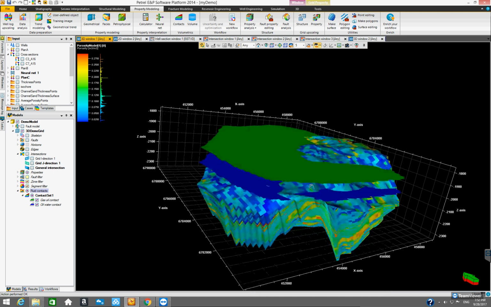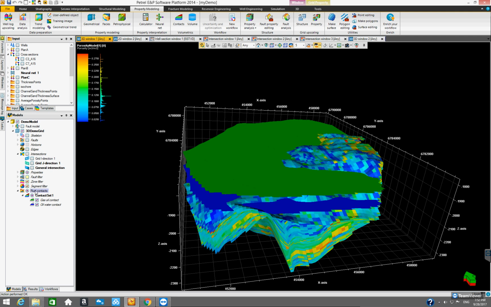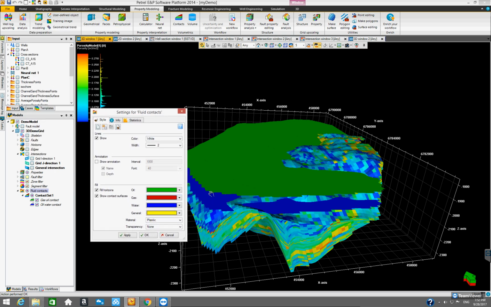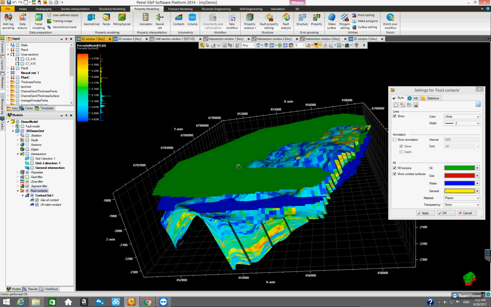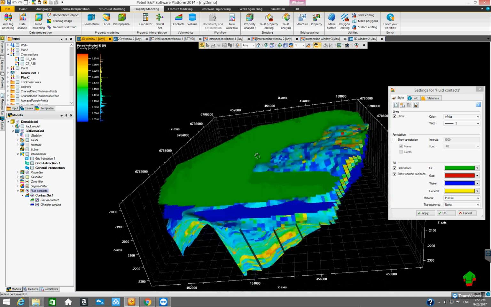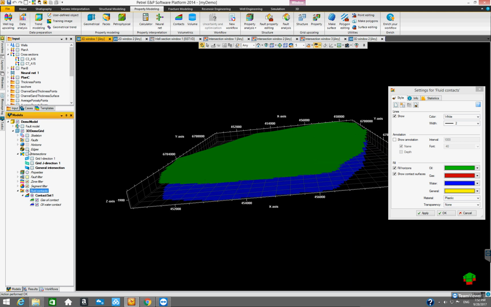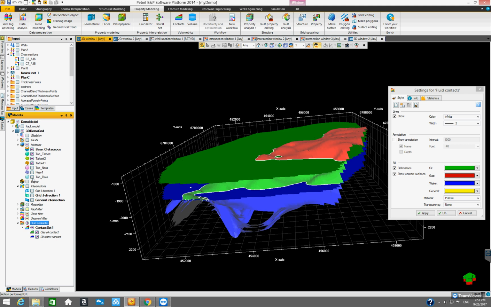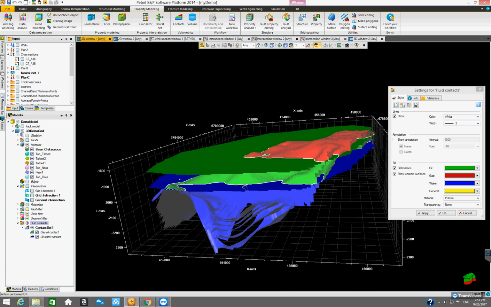But this display is kind of distracting, right? We can adjust the display by double clicking on the fluid contacts. So here we can make changes to how the surfaces are going to be displayed. But for now, what we are seeing is basically the three-dimensional porosity volume, right? But maybe that's not a good background. Let's look at the horizons. So let's turn off the properties, and then let's go back to the horizons: base Cretaceous, top Tarbert 1, Tarbert 2. So let's just put all the horizons on it,